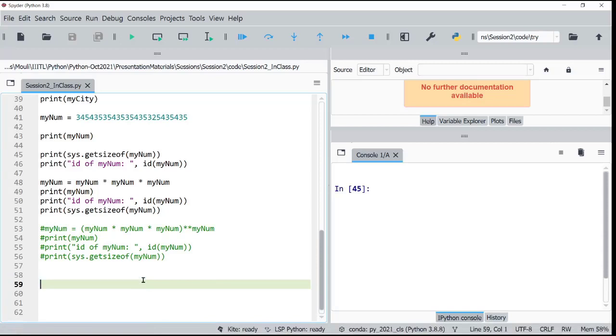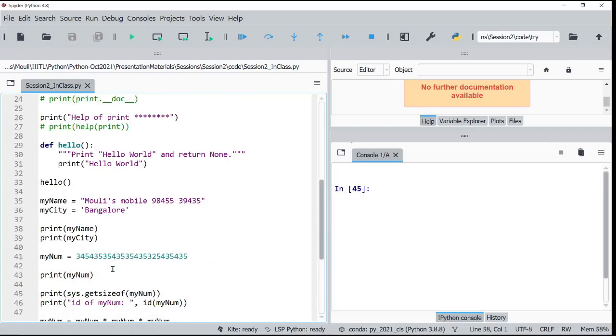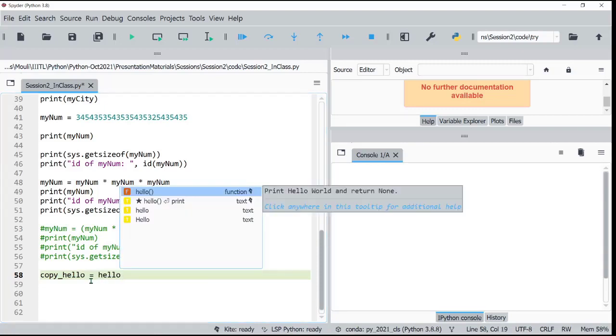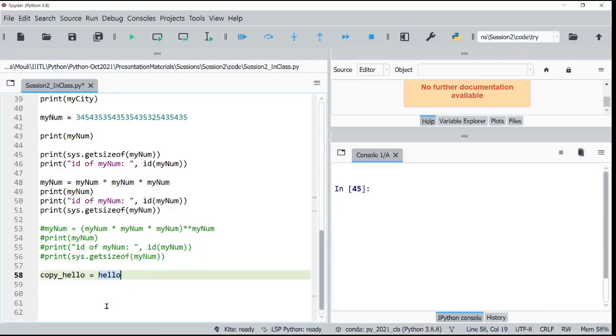Fine. Now let us look at something else. In the meantime, if you have any doubts, you can always ask me. Okay, now I said hello is a function, right? So now I can also copy the function object. So I should not put a parenthesis here. If I put a parenthesis, it means that I am